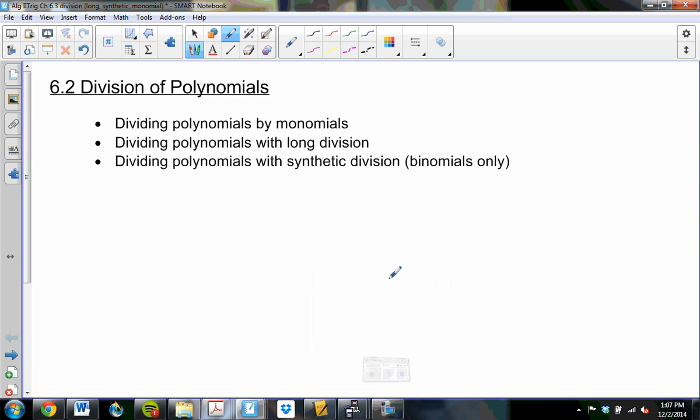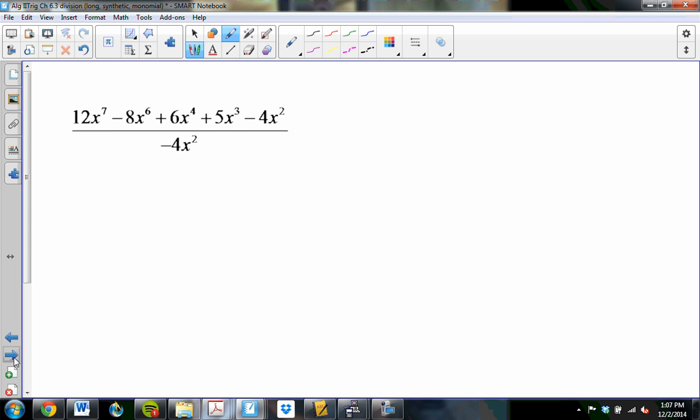6.2 is the division of polynomials: dividing by monomials, doing long division, doing synthetic division. We'll cover all three briefly. This is a monomial here on the bottom of this polynomial. That means there's only one term. There's no addition or subtraction. When I have a monomial, I'm going to take everything on top and divide it by what's on the bottom